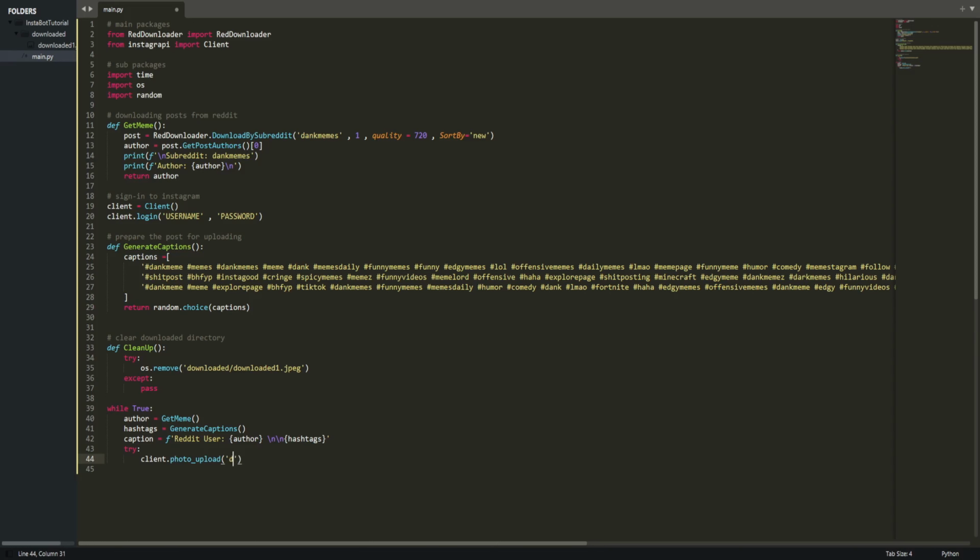And then we're going to do the downloaded one.jpg. And then in here, we're going to do caption. And then we're going to do our error handler, exception as E. And we're going to print E. And then we're going to do our, finally, to close out this statement,